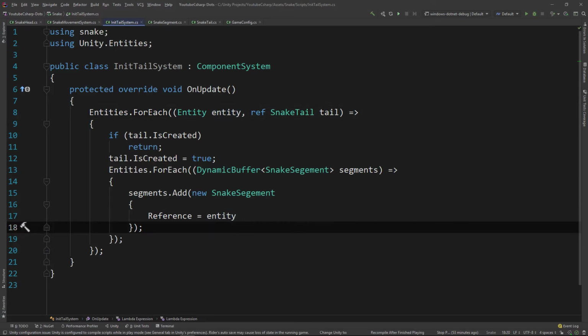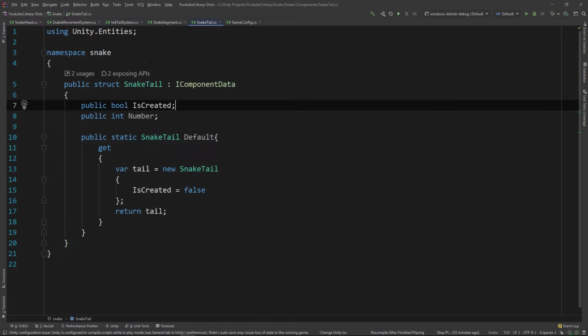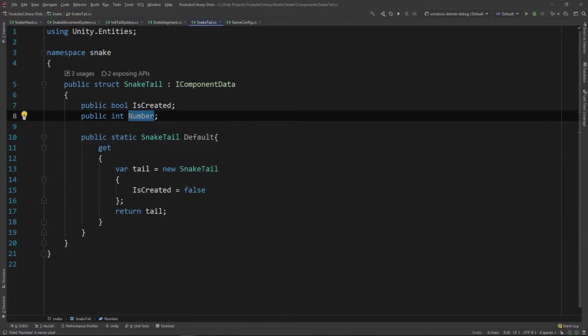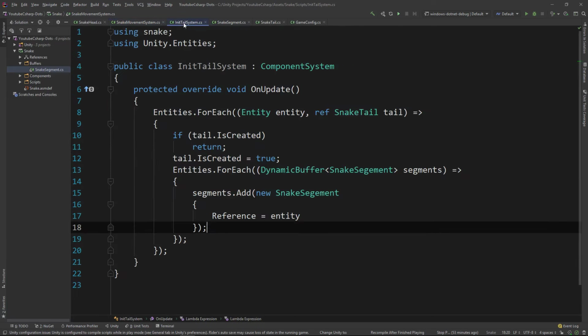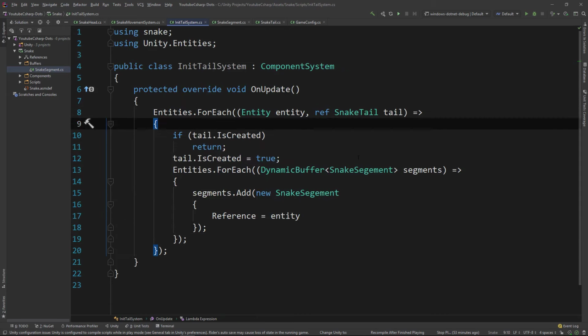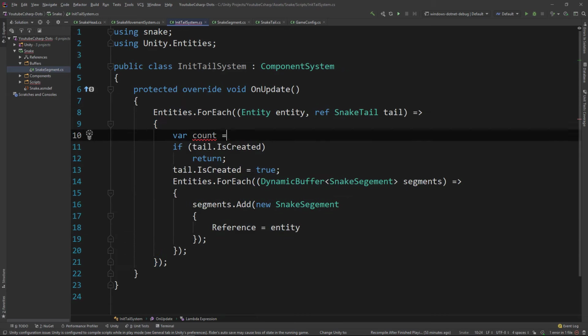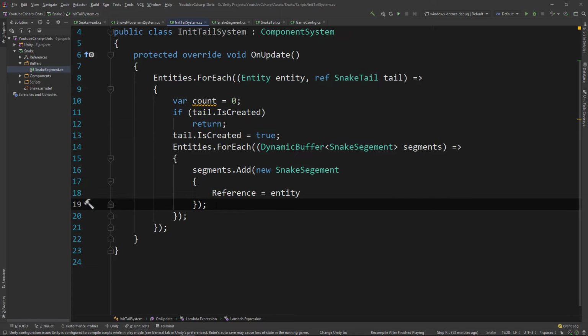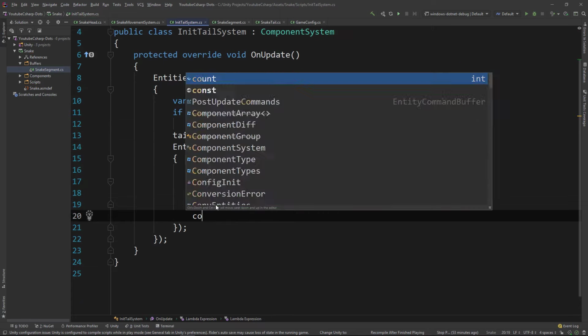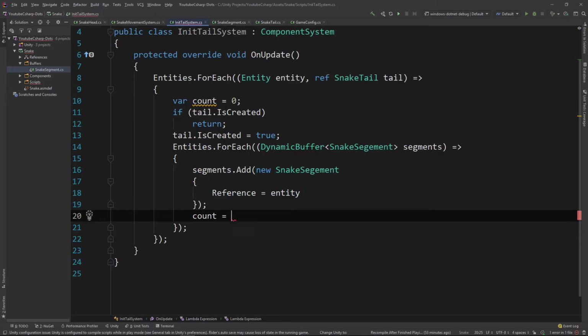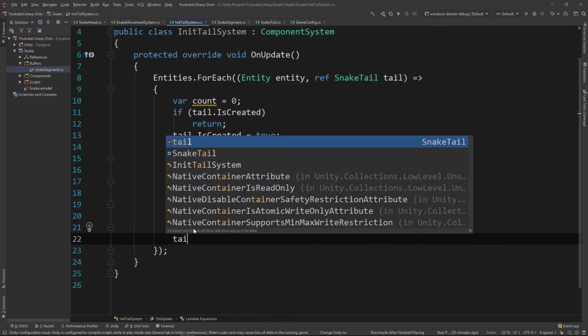Now, one other thing that we want to do is, if you remember, we also set up this number variable. So let's set the number to be the snaketail's position that it currently is within the dynamic buffer. So let's go back to our InitTailSystem. Inside of here, we'll go above if tail.isCreated. We'll say var count is equal to 0. And then after we set the reference outside of the Add, we'll say count is equal to segments.Length. Then we can say outside of the for each loop, tail.number